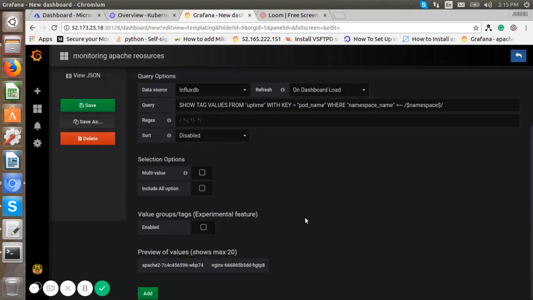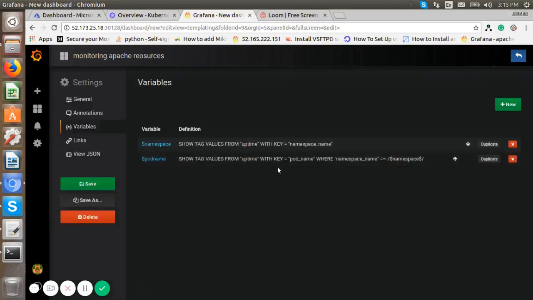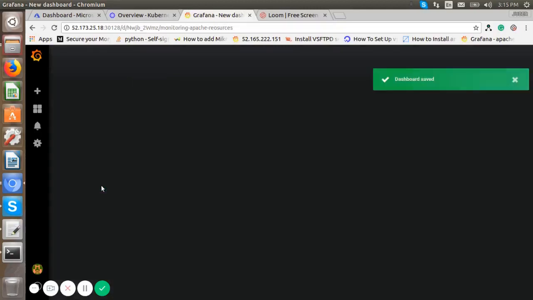Now you can check that here we are shown both containers in the dev pods, but we need to see only the Apache container. For that we need to add the regex to see only the Apache container. Apache container only, you can see. Now take it. There we go. We see only the Apache 2 container. Now add this variable. Now all the variables are added successfully. Save this variable.